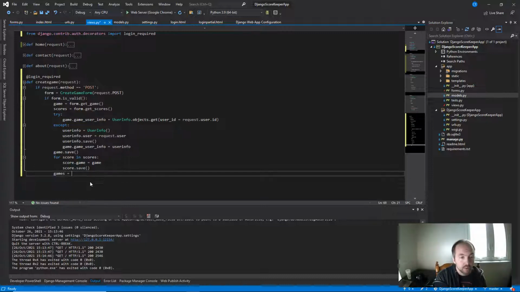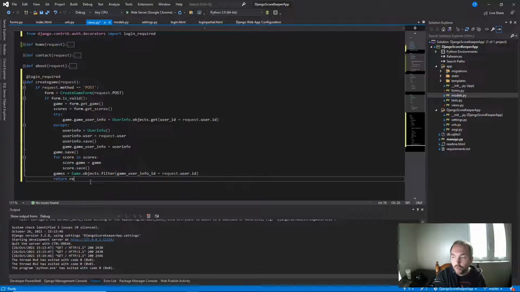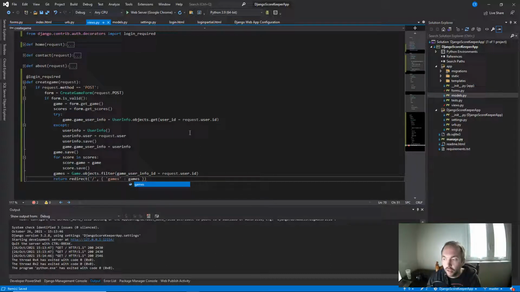So games equals game.objects.filter game user info ID equals request.user.id, and then return redirect dash. And remember, this is our context object, so we have to pass that in like so,